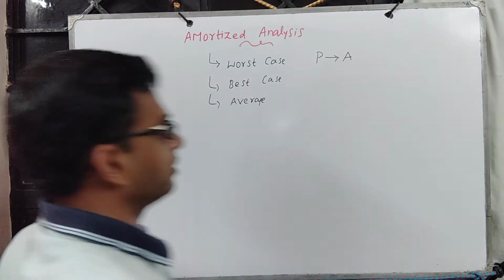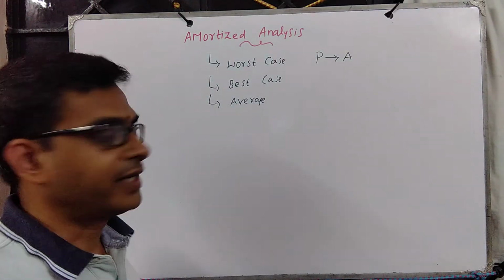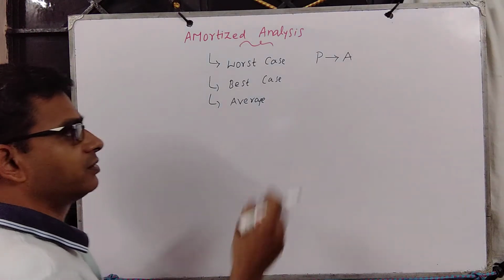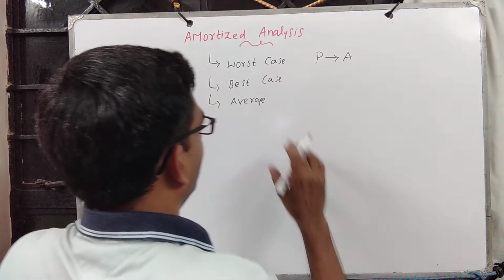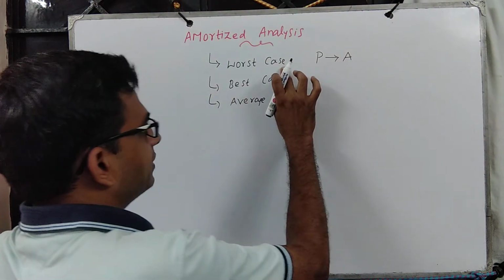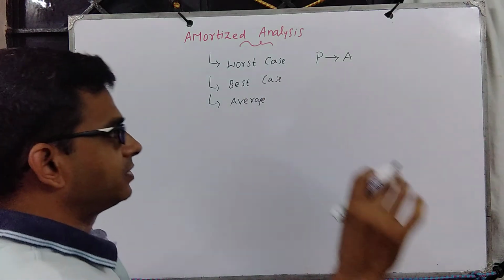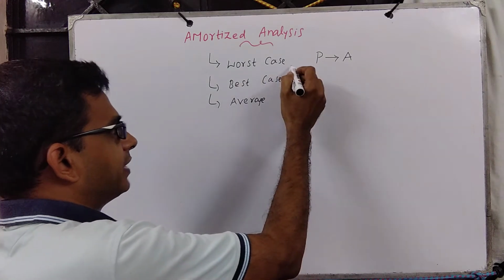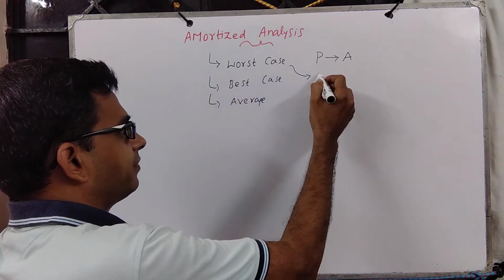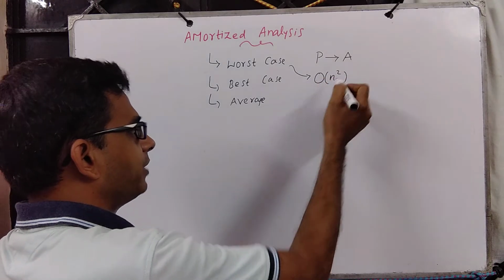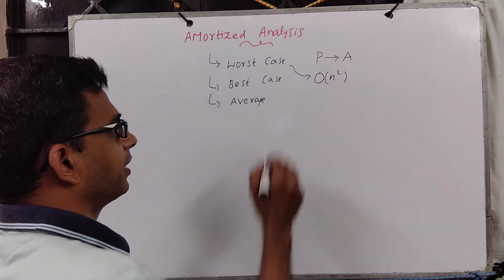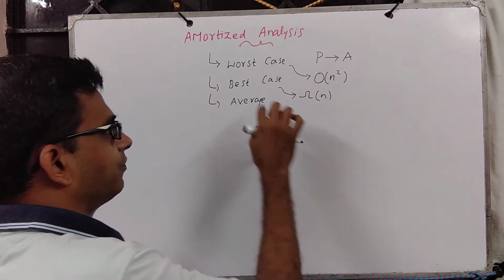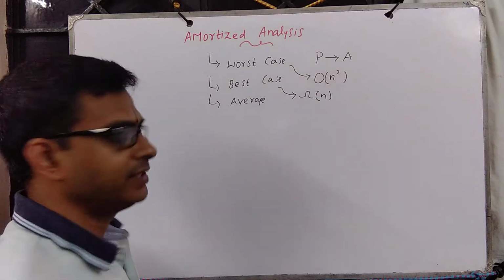The problem could be sorting, or given an integer array, find the minimum, maximum, or search for a particular element. So the problem could be anything. Then as part of worst case, we were saying these inputs take the maximum cost, and so when I say the worst case complexity of an algorithm is, say, order n square, it means for all inputs the complexity is this. And when I say the best case is, say, omega of n, then for all inputs the complexity is at least this much.